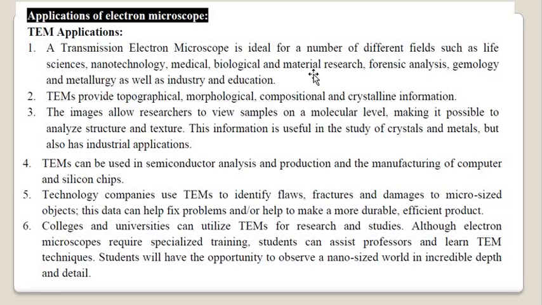So the study of objects, molecules, antennae or any other biological specimen at the very molecular level is possible with the help of this microscope, making it possible to analyze the structure and texture of the object under study. This information is useful in the study of crystals and metals, but also has industrial applications. Then this transmission electron microscope can be used in semiconductor analysis and production and the manufacturing of